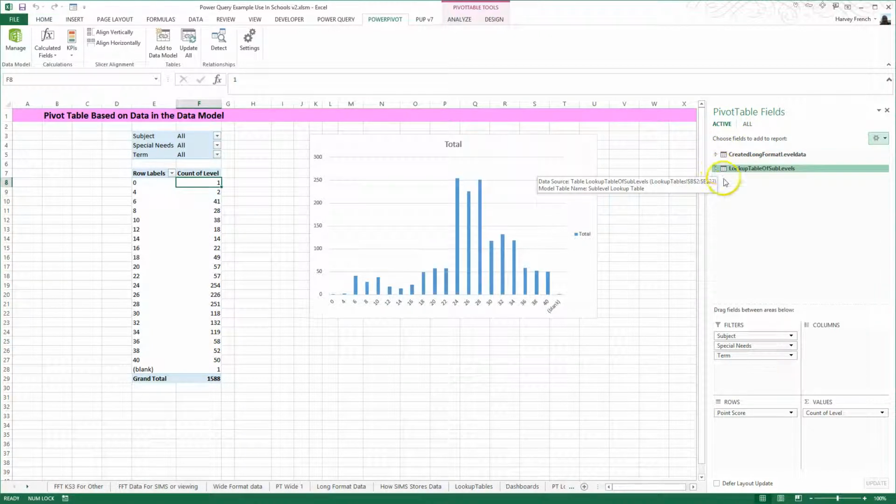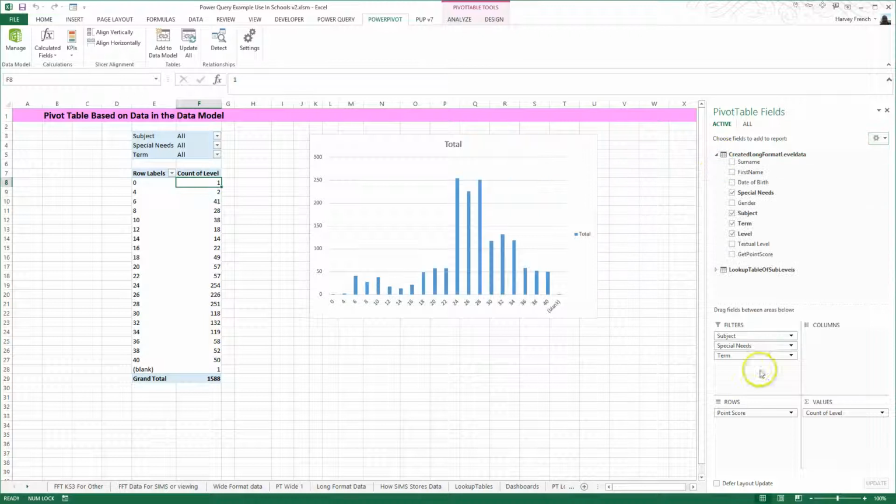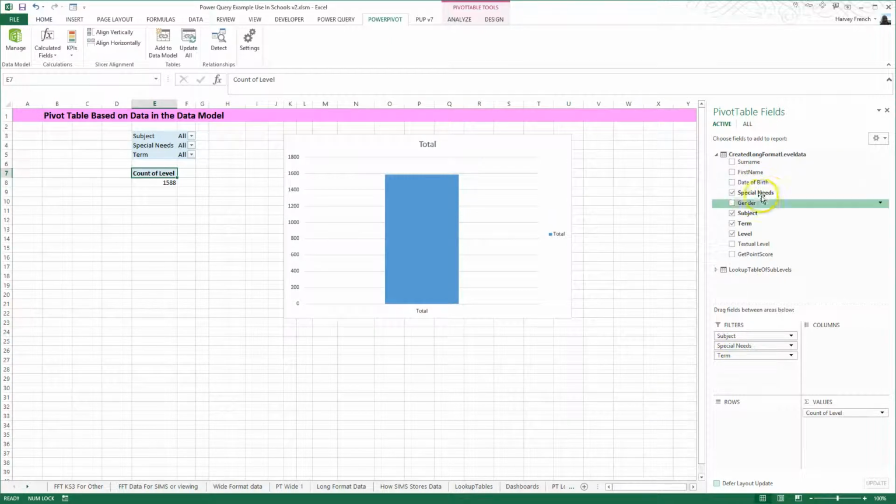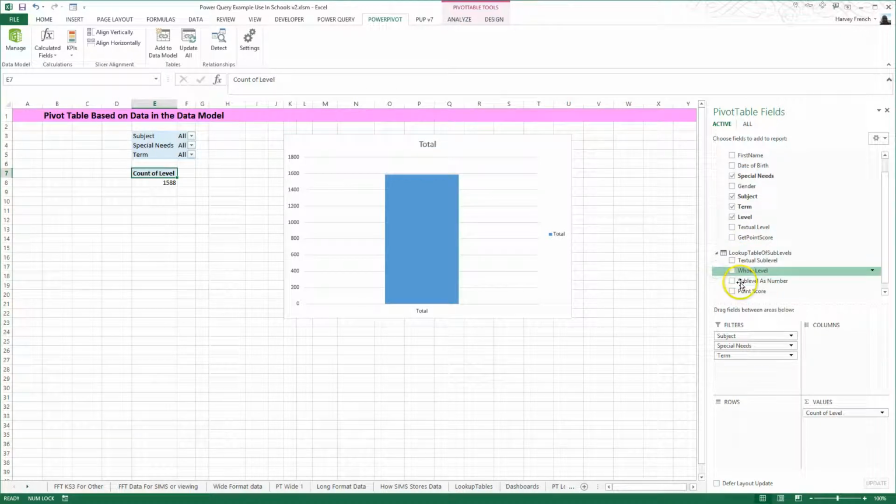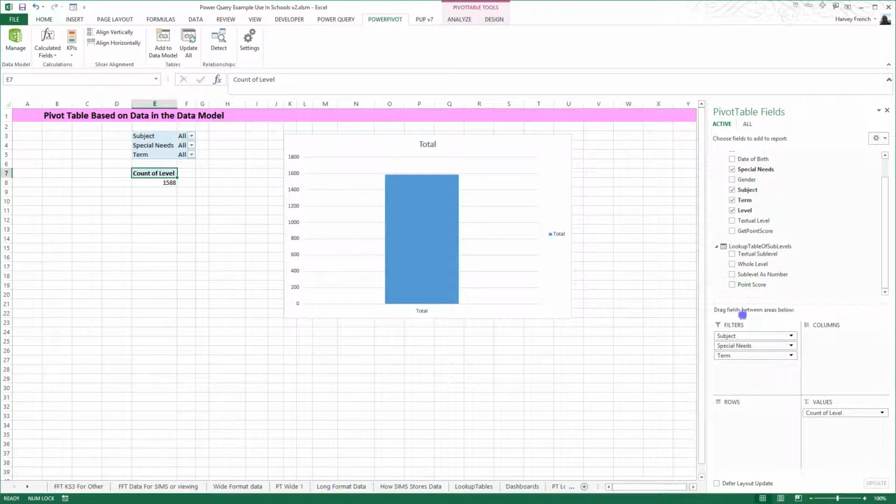Suffice to say, though, that you just drag the fields as you would do normally down into these areas here, which define the look and feel of the pivot table. And what's nice is, as you can see, subject, special needs, and term come from this table, and the level comes from this table. But if I want to get a piece of information from that, say the sublevel as a number,